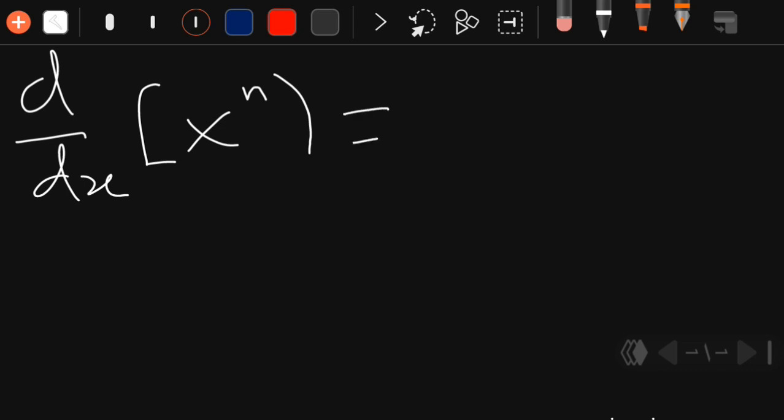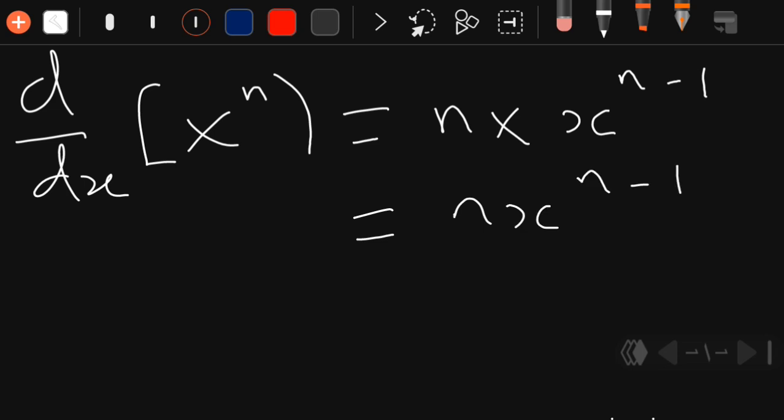When we are finding the derivative of a function, always drop the power, which will be n, and multiply it with the coefficient of x. From there, subtract the power with 1, which will be n minus 1. So how is it going to be? It will be nx to the power n minus 1. Okay. How about the